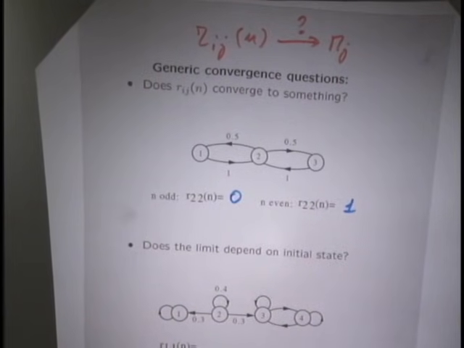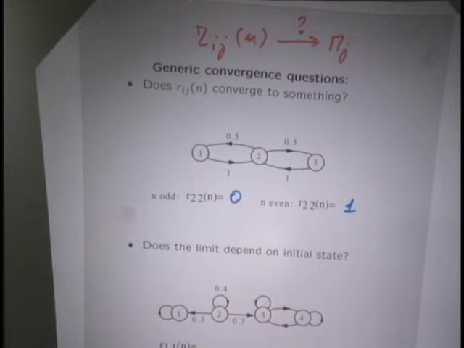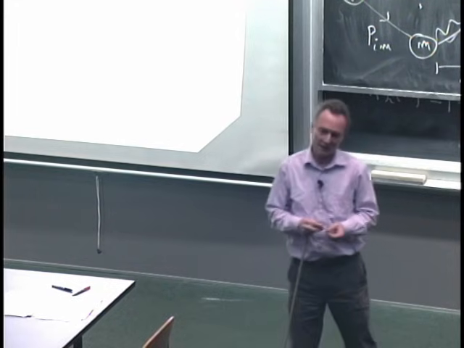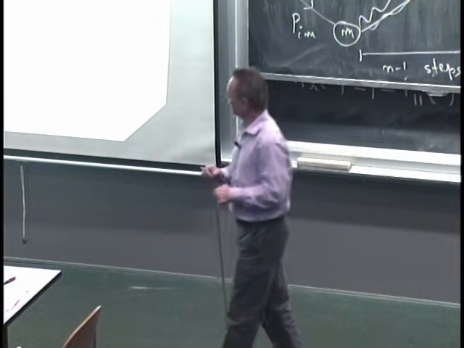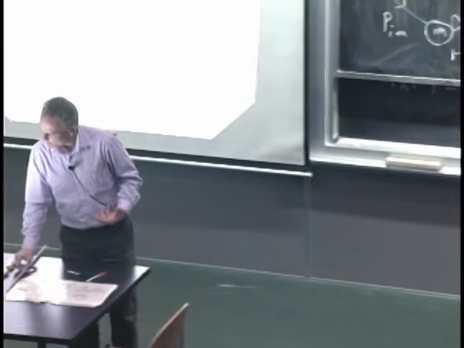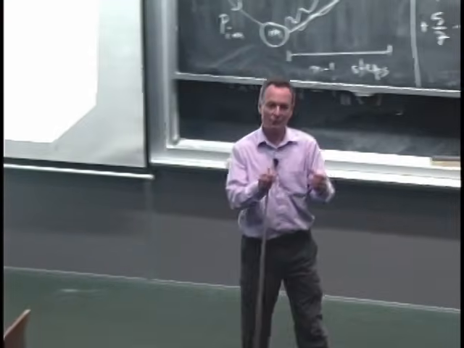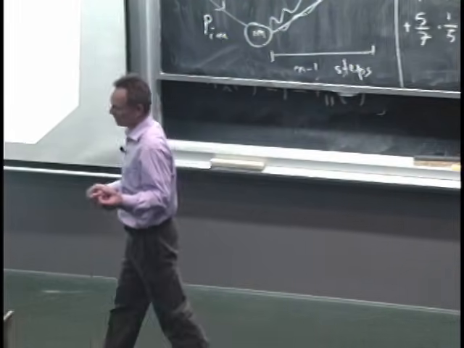As n goes to infinity, this probability, the n-step transition probability, does not converge to anything. It keeps alternating between 0 and 1. So convergence fails. This is the main mechanism by which convergence can fail: if your chain has a periodic structure. And we're going to discuss next time that if periodicity is absent, then we don't have an issue with convergence. The second question is whether, if we have convergence, the initial state matters or not. In the previous chain, where you could keep going back and forth between states 1 and 2, numerically one finds that the initial state does not matter.